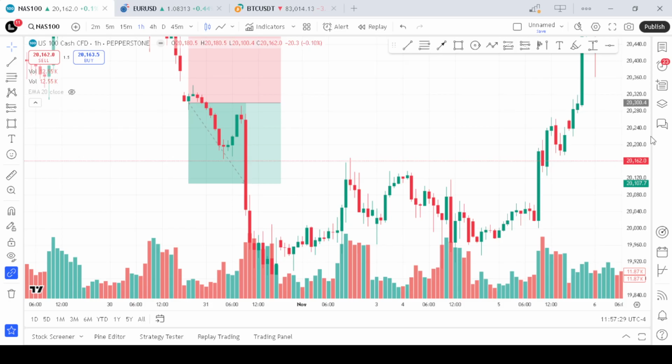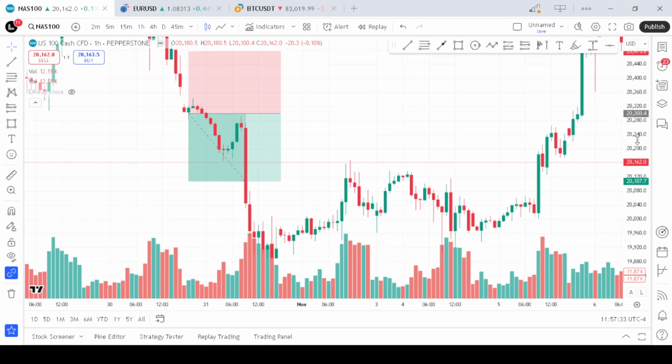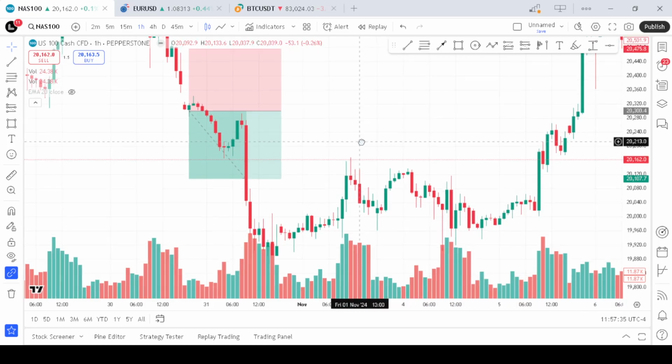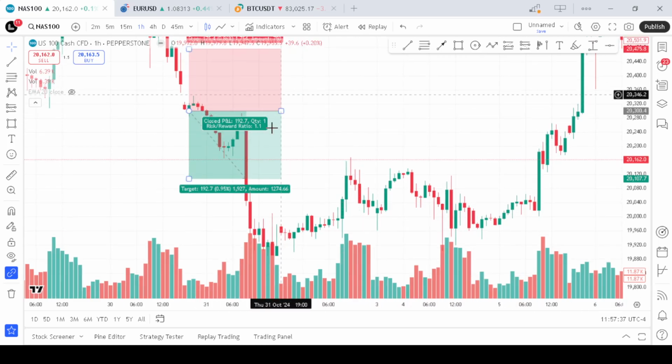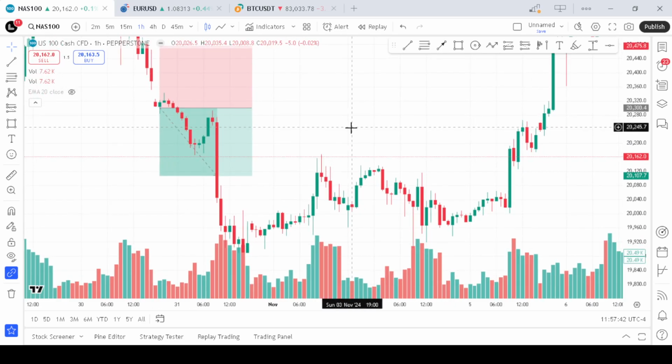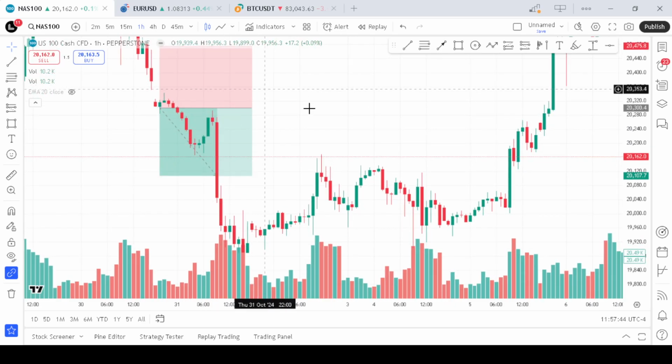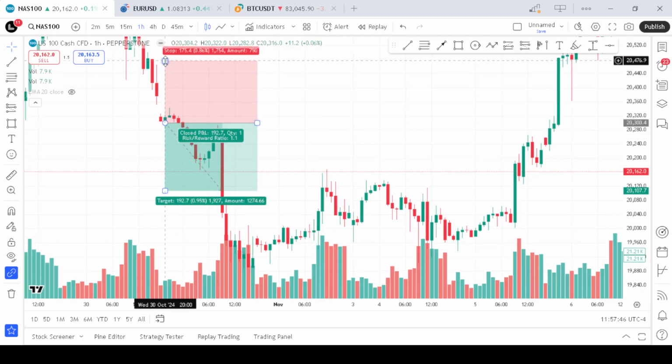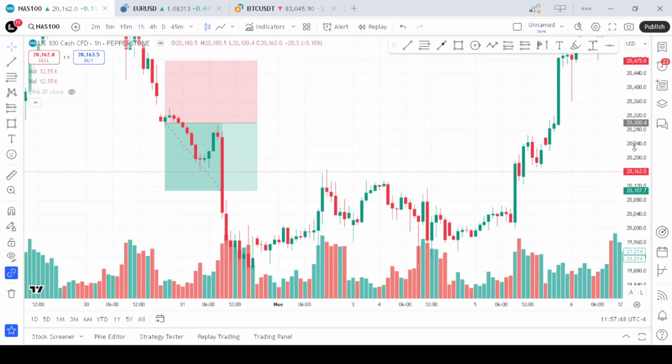Do not forget, that is why we have to enter after the second bullish candle. Where we place our stop loss protects our position